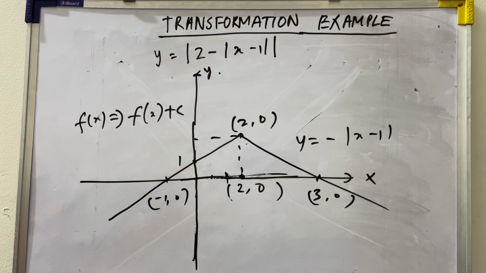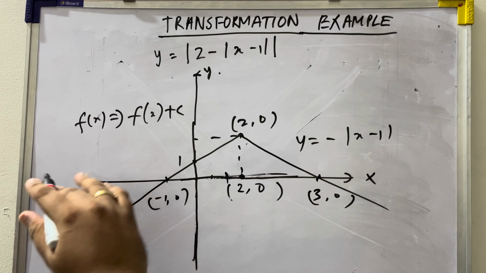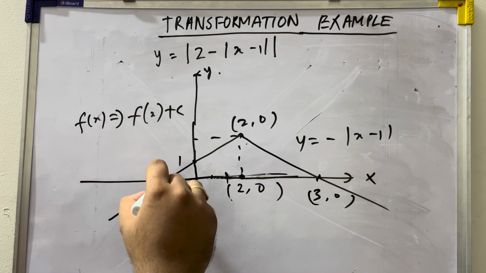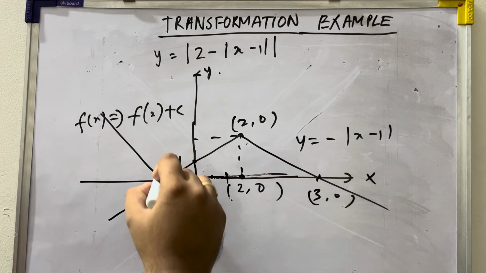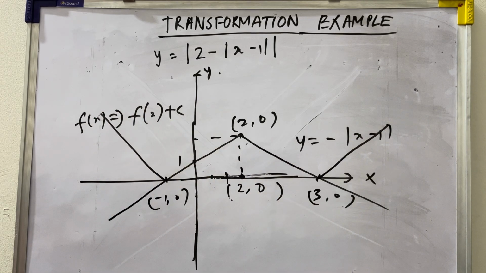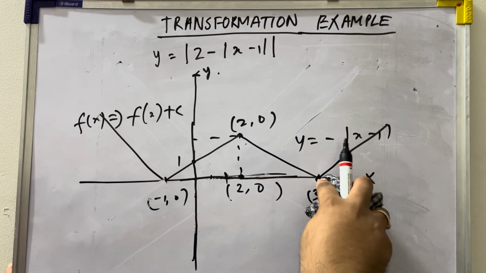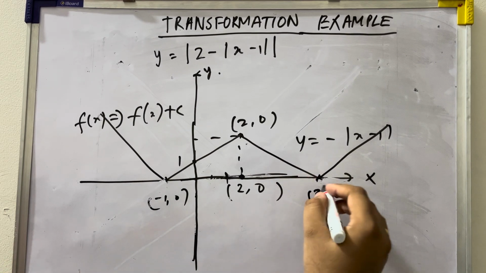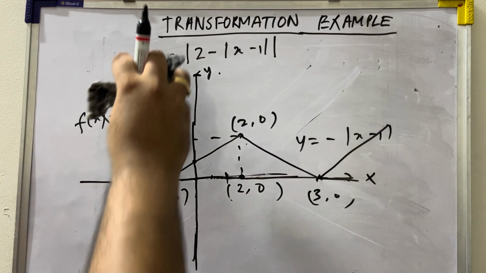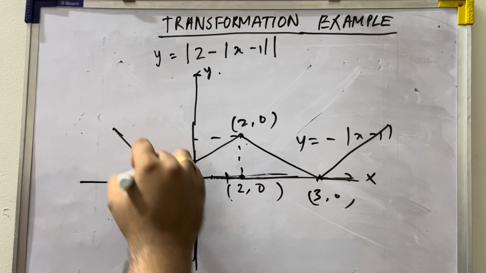Now students, what you will have to do is take mod of this. If you take mod of this, everything below the x-axis will become a mirror image along the x-axis. So this part will be the mirror image, this part will be the mirror image, and let's omit this part. Let's omit this part. Let's omit this part. So the graph that you are seeing right now,